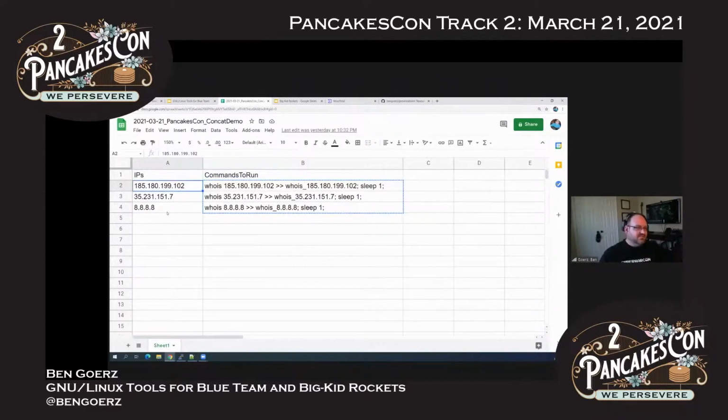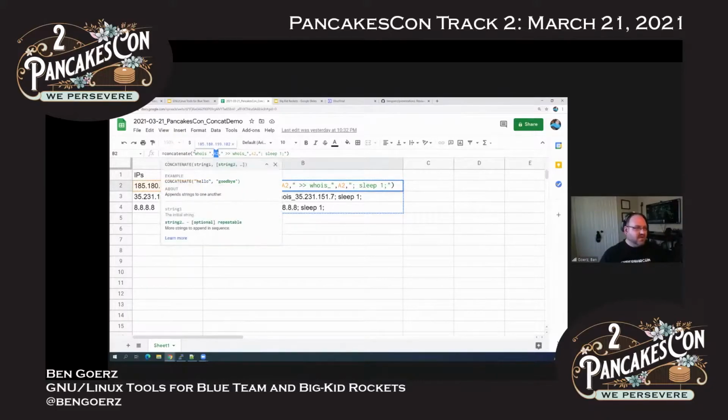If I have a list of IP addresses, one of my favorite things to do, you can literally just cat the list of IP addresses, copy it straight out of PuTTY or whatever your terminal is, paste it into an Excel or Excel-like spreadsheet tool, and then use this concatenate command to take that data, in this case, what's in cell A2, I'm inserting into a command, whois space, then that data, and I'm taking the output and directing it to an output file. And I'm going to do sleep 1,